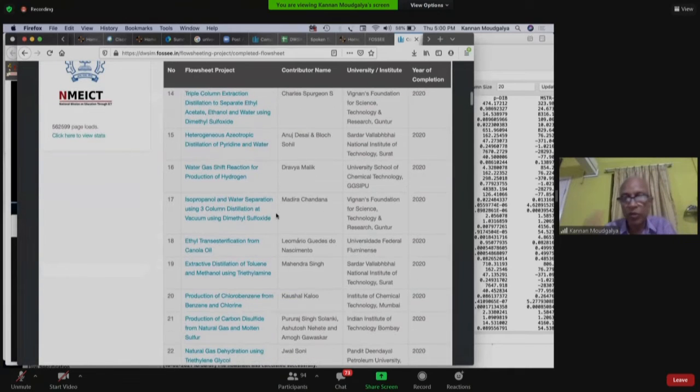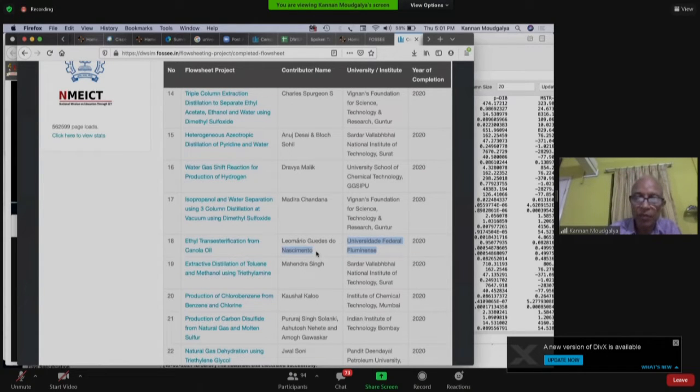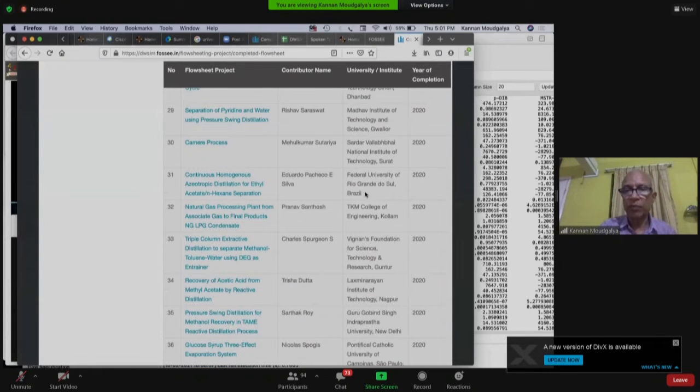And then we have, of course, students across India who have also contributed. There is one from a person by name Nascimento, Federal University Fluminense, okay? And this seems to be from canola oil: ethyl transesterification of canola oil. So anyway, there are many such papers available. This is one from Brazil, Federal University of Brazil. And we have a large number of contributions in India from Sastra University, from various NITs.